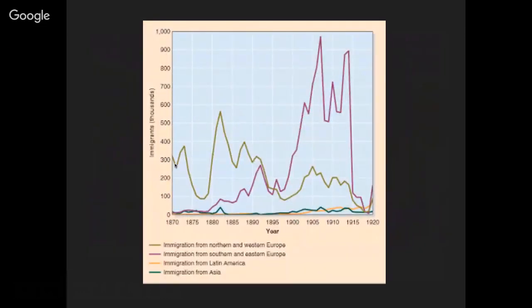And you can see what this looks like over time, that in the beginning it's mostly Northern and Western Europeans. But if you notice those political cartoons in your hyperdoc, around 1890 there's a transition where that feeling of welcoming immigrants, the old immigration, crosses paths with the new immigration, those Southern and Eastern Europeans, those Polish people, people from Italy. When a lot more of those people start coming over, there becomes a lot more resistance to immigration. So there's definitely a racial component to that, and it ties in very much with social